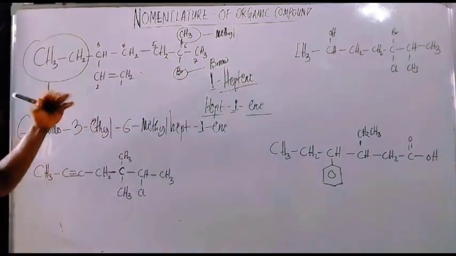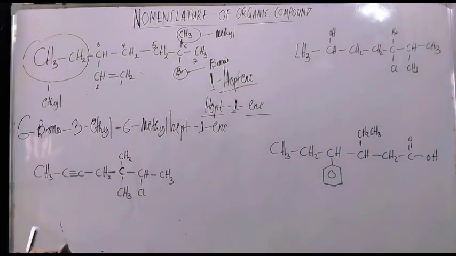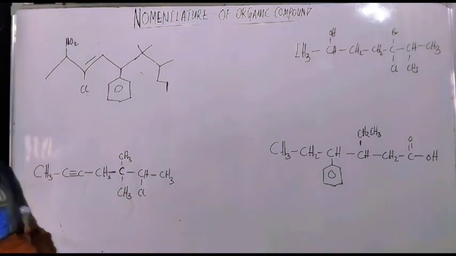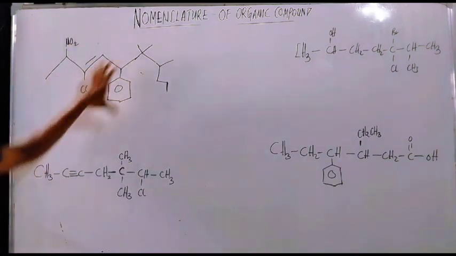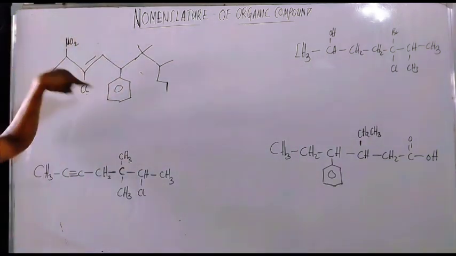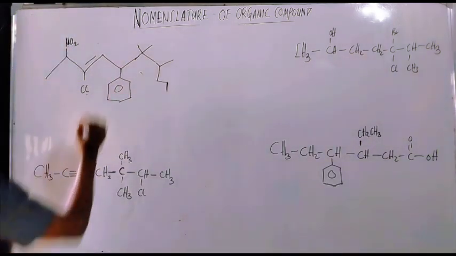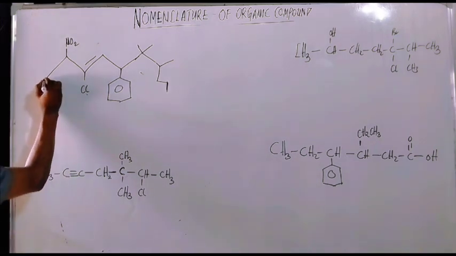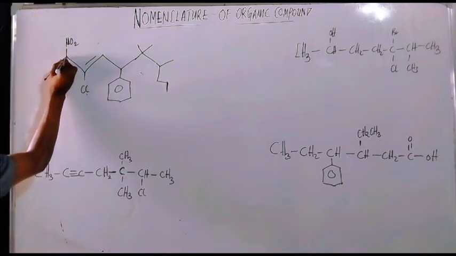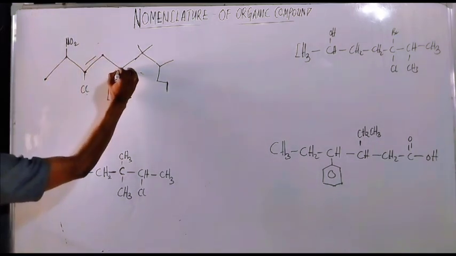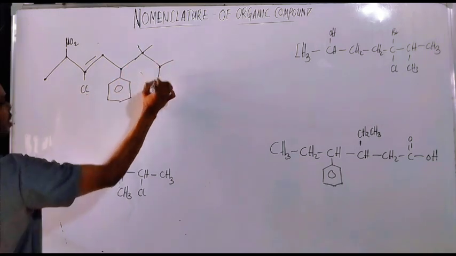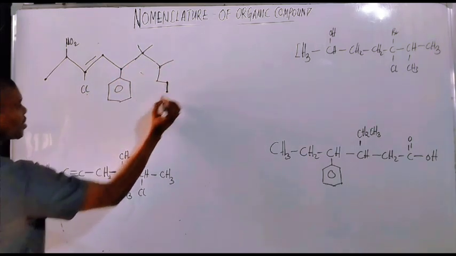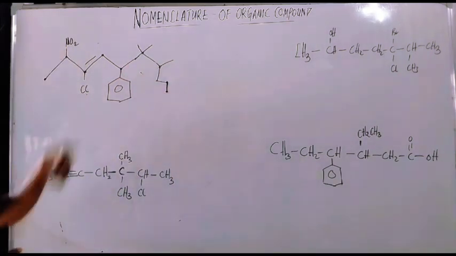Now let's take on that one, when it comes to alkene. Okay, now let's look at this one here. This one has a double bond, right? So this double bond here. Remember, I told you that each carbon atom right here we have 1, 2, 3, 4, 5, 6, 7, 8, 9, and 10, right? So it's going to be decene,